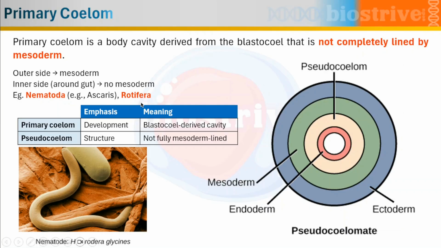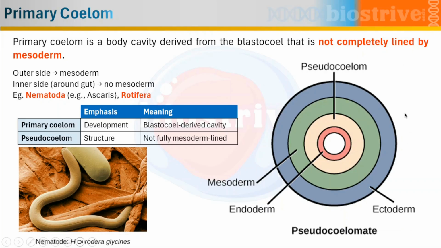What is the difference between the terms primary coelom and pseudocoelom? If we talk about primary coelom, we are talking about the developmental process. So it has developed from the blastocoel. So it is a blastocoel-derived cavity. And if we talk about pseudocoelom, we are talking about structure specifically, that it is not completely lined by mesoderm. If we talk about structure, we can say it is pseudocoelom. And if we talk about where it is developed from, we can talk in terms of primary as well as secondary coelom, because the primary coelom is what is derived from the blastocoel,